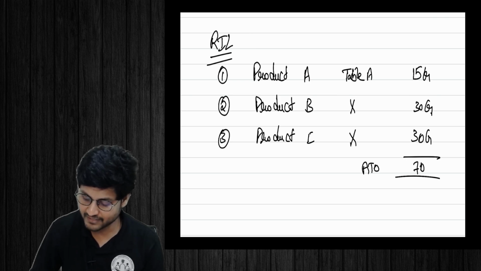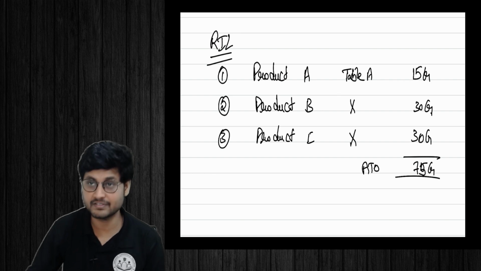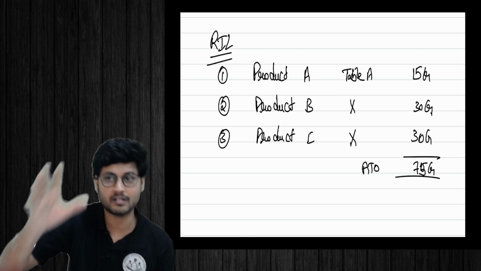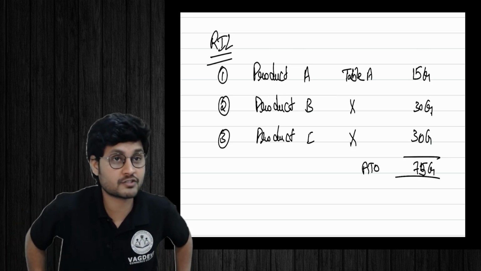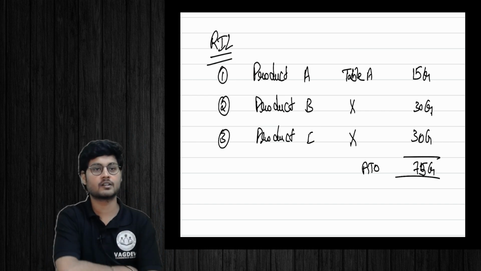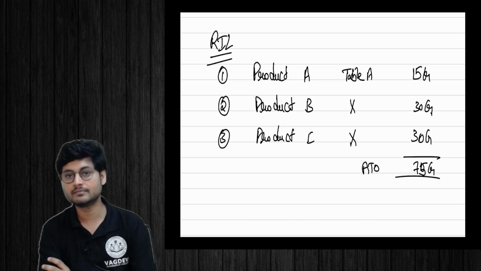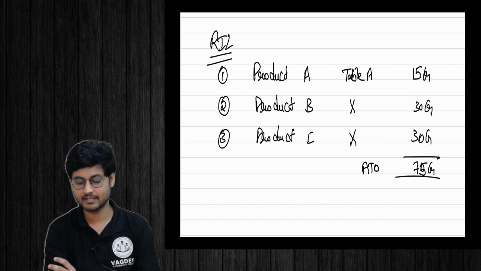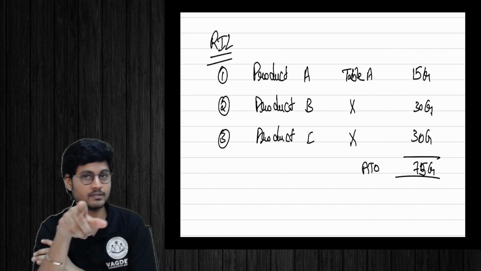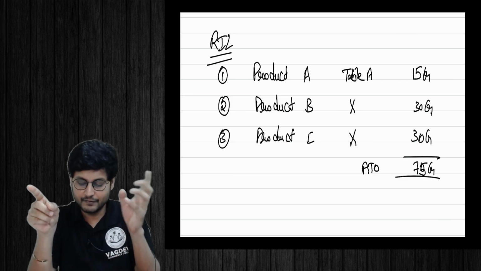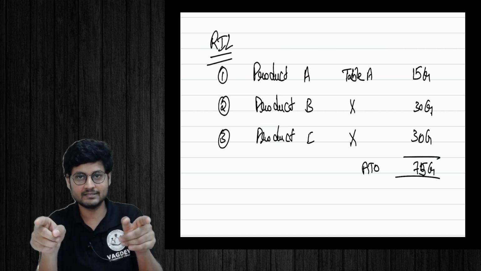ATO is 75 CR, which is more than 50 crores. Now, is the cost audit applicable or not? This is the question. Cost audit, is it applicable? He is saying it is applicable. Products means 15, 30, 30, all must be added in this case,